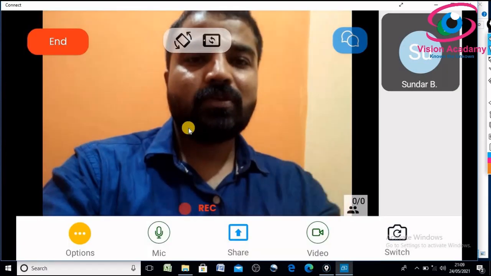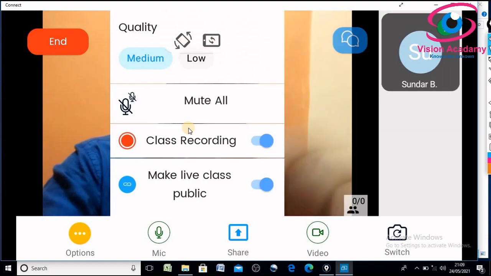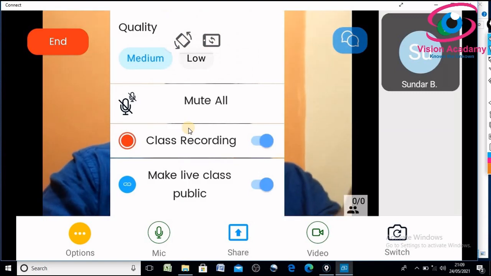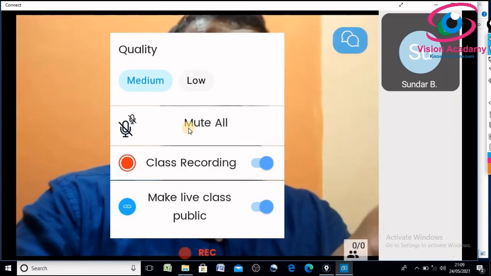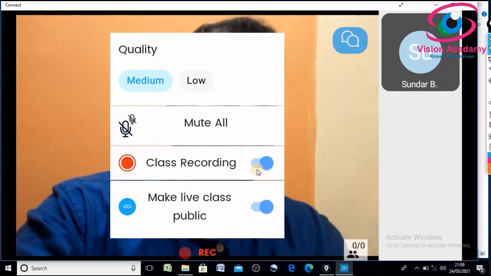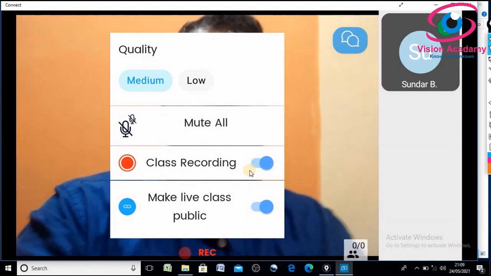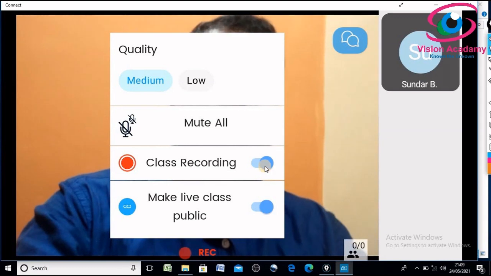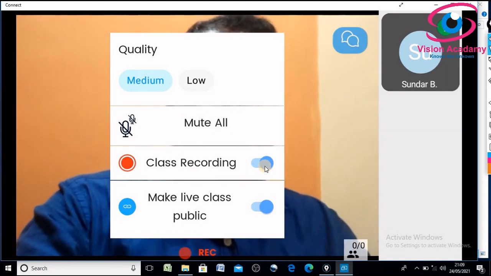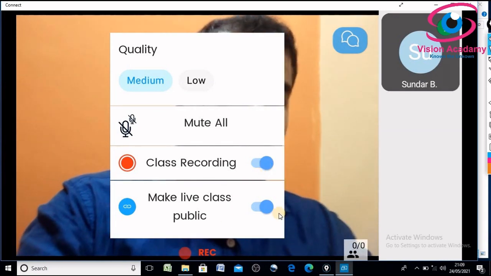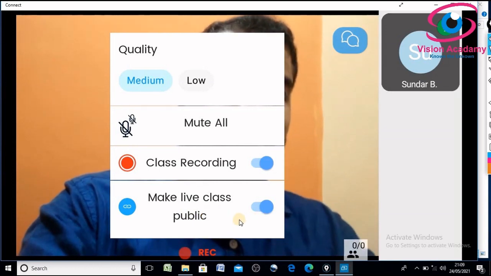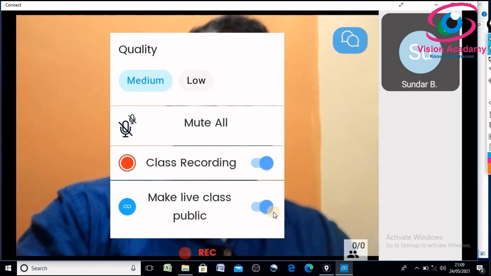So you can mute all the students. There are some other classes also. If you have not started class record, here you can see class record. The class record is already on. You can start class record here if you have not done so earlier. Here the class is given public also, and that is also shown in this